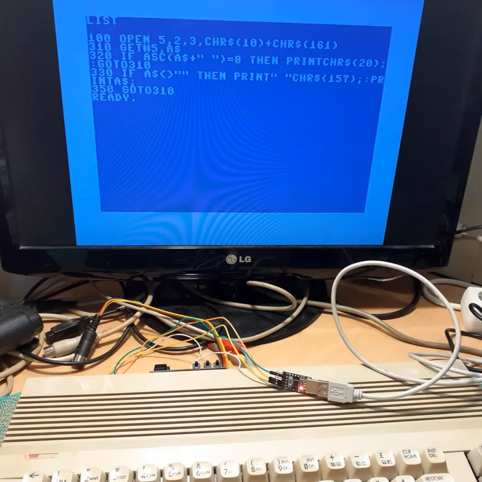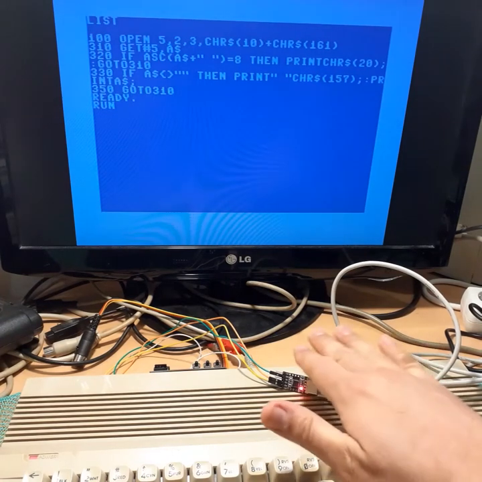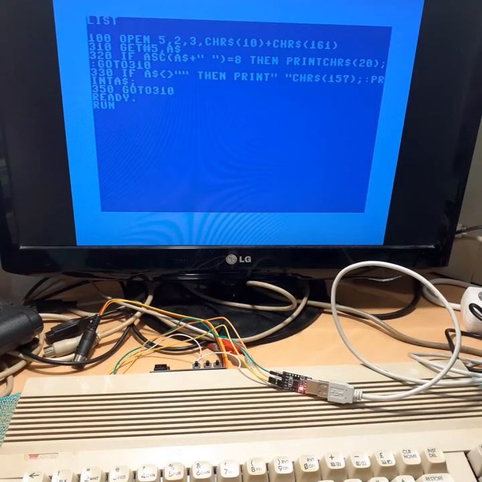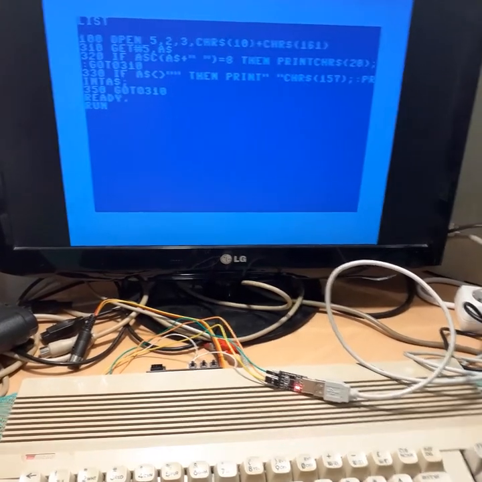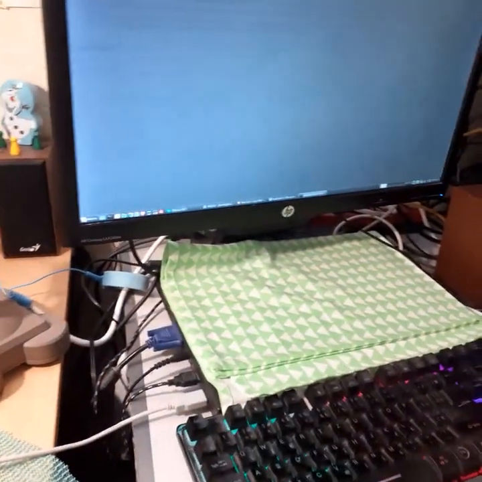And we are just reading values from that device, and we print them on the screen. So that's all we do on this little program. So if we start this with the run, we get nothing. So we are just waiting. We don't have anything yet on the serial device. So now we are going to